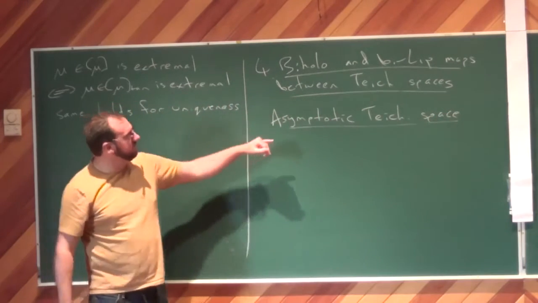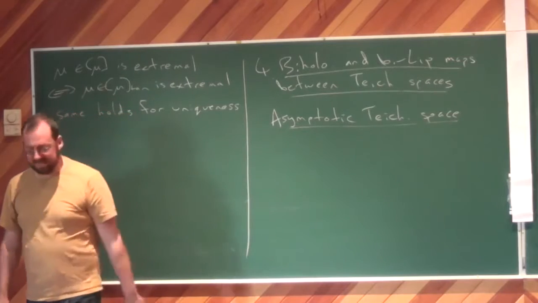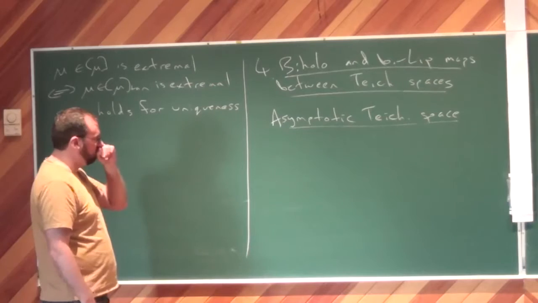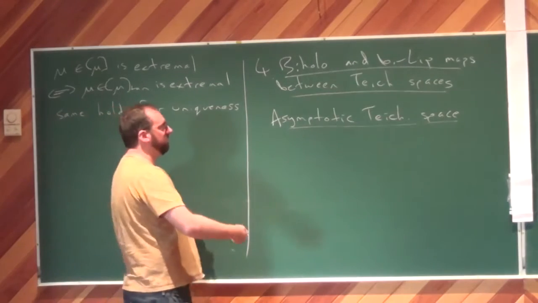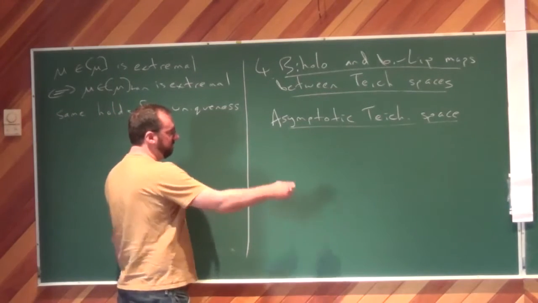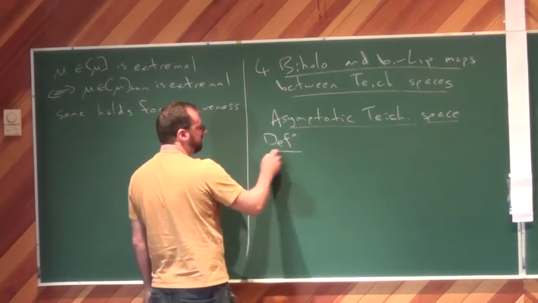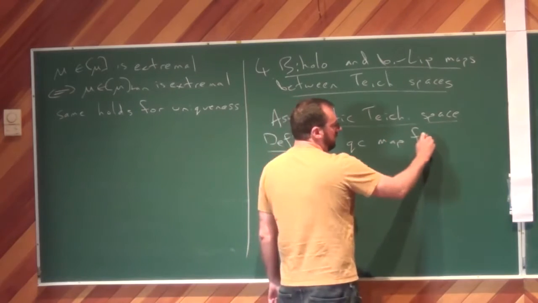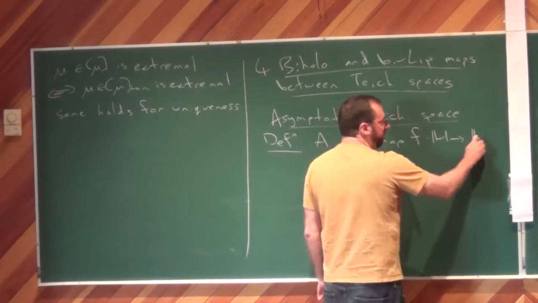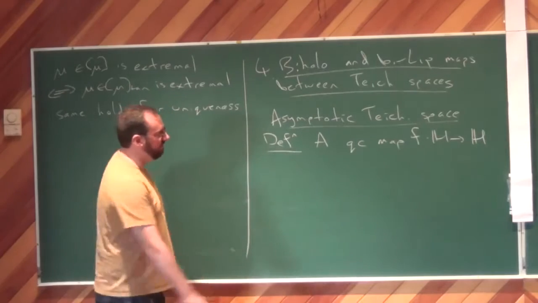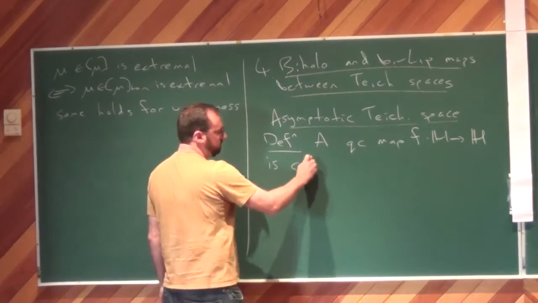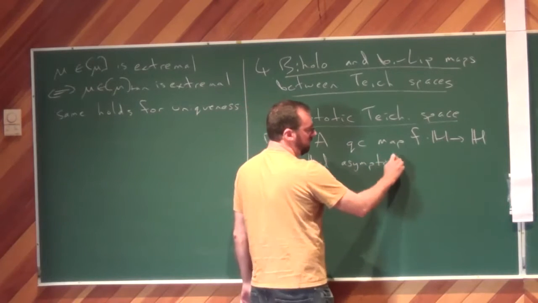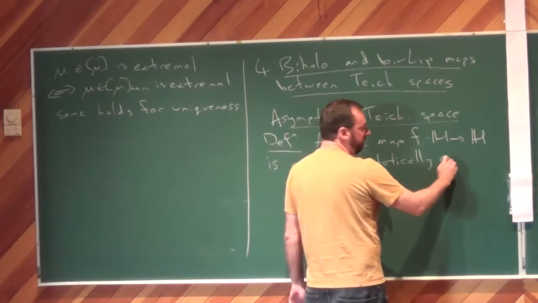Okay, the first thing I'll mention in this section is the asymptotic Teichmüller space, which is a variation on Teichmüller spaces. And well, we'll define it and we'll talk about some results on that a little bit later in the talk. Firstly, a quasi-conformal map from the upper half plane to itself is called asymptotically conformal